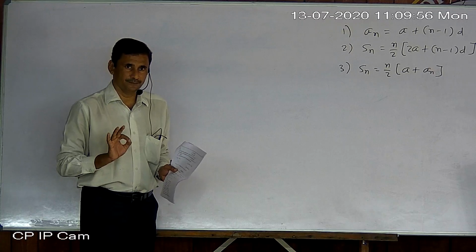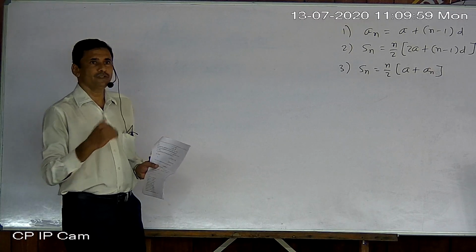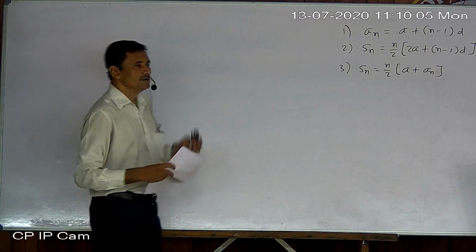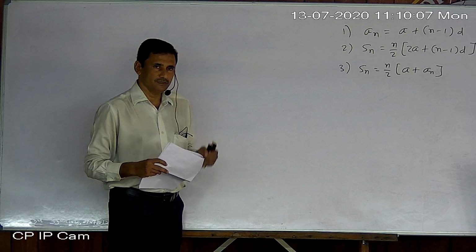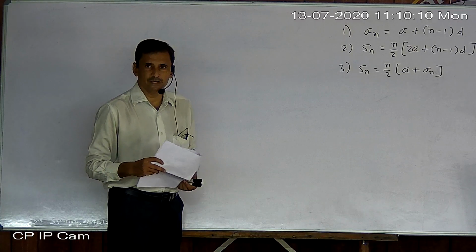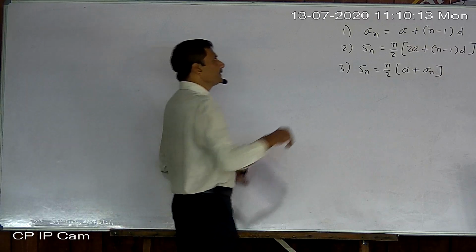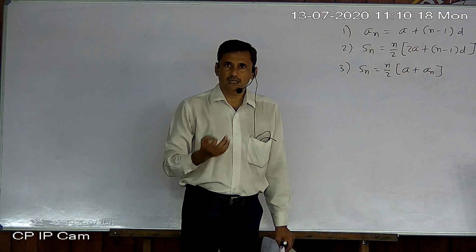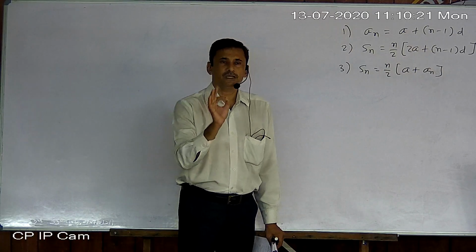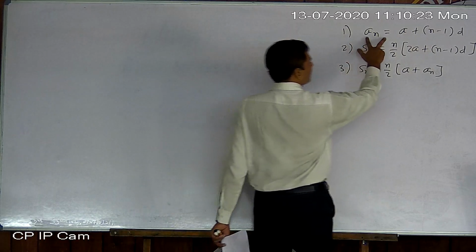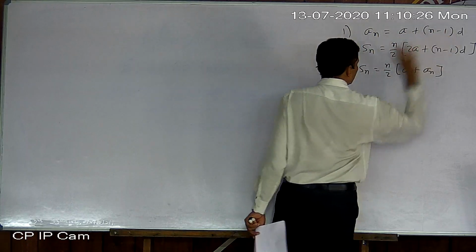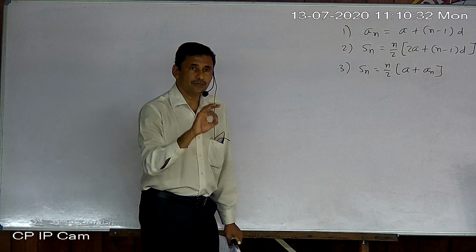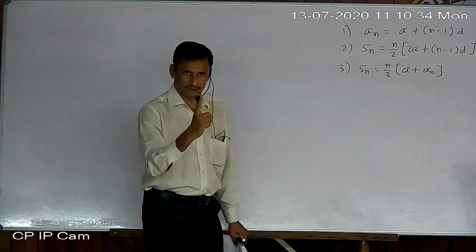So understand, you have to find what is asked or what is missing there. First of all, you have to decide in which formula we can go ahead, meaning using which formula is possible here. If any one variable is missing and everything else is given, then we can use that particular formula. Suppose here are a, n and d, 4 variables. Suppose any 3 are given, you can find the missing one.